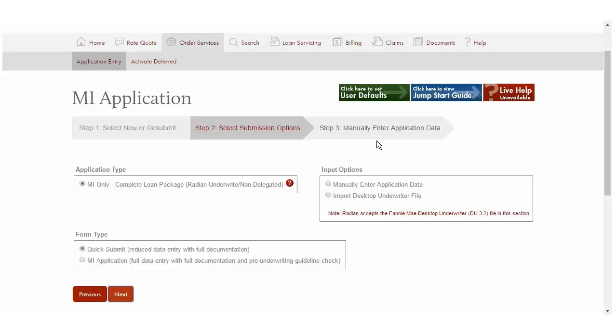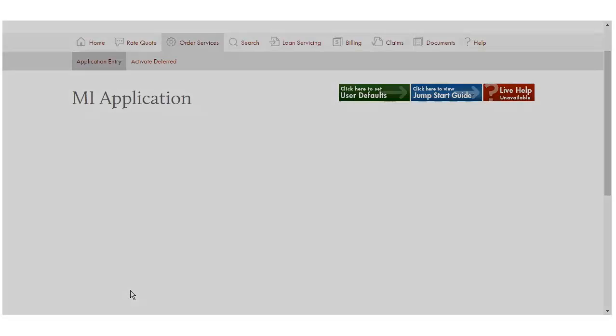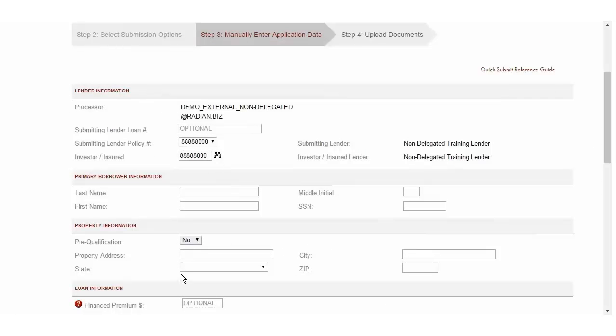You can also submit your DU 3.2 file. This is a nice to have, but not necessary. So for this example, we are going to just hit manually enter application data. Okay, so now that I have my options set, I'm going to click on Next. Now, for the most part, this is the only data entry you're going to need to do. So you can put your own lender loan number if you would like. Your MI master policy will automatically populate,